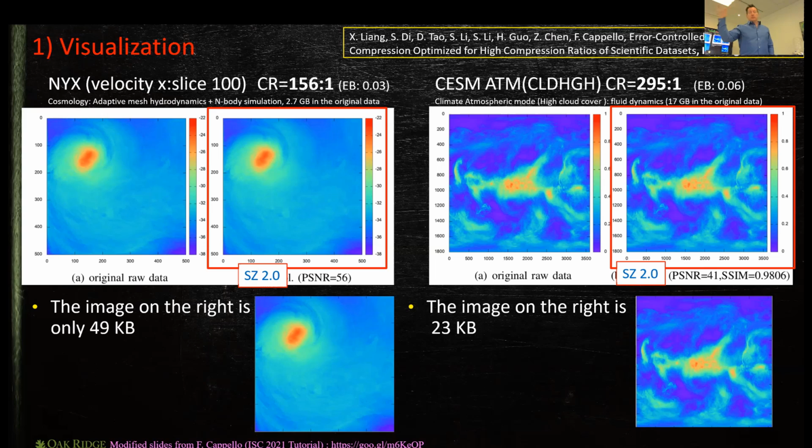What it essentially does is a spline fit of the data, and then you can try to predict where things are to reduce that, and you quantize the differences. So you can get good compression ratios. In this case, what they're showing you is that when you look at this data and you compute things like the PSNR, peak signal to noise ratio, you'll see that this is 56, and it maintains all the characteristics.